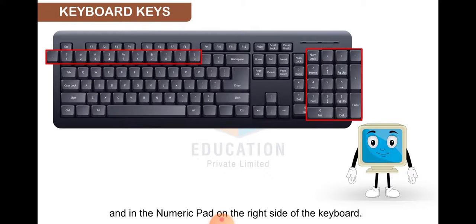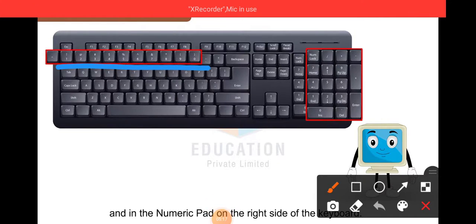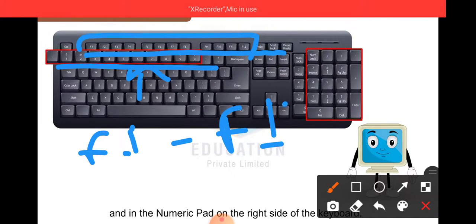Okay. Then the function key, students. If we talk about the function keys, you may see here the numeric keys. Above the numeric keys, another type of keys is present, that is from F1 to F12. So keys F1, F2, F3, F4, F5, F6, F7, F8, F9, F10, F11 and F12 are called function keys. They have special jobs.